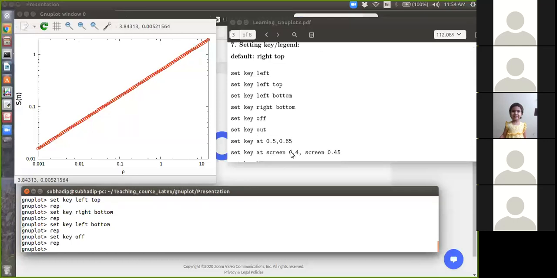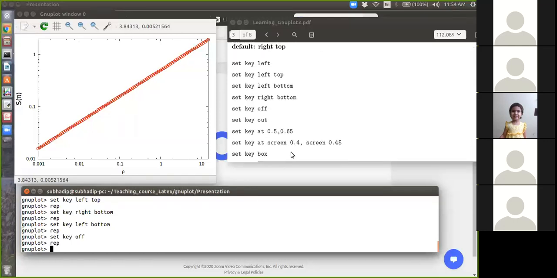Okay. Now I am unsetting the key, unset key, because I want the key, I don't want it off. Why? Oh, unset key off.